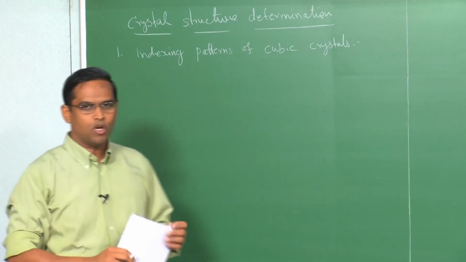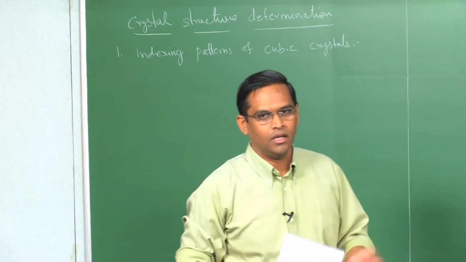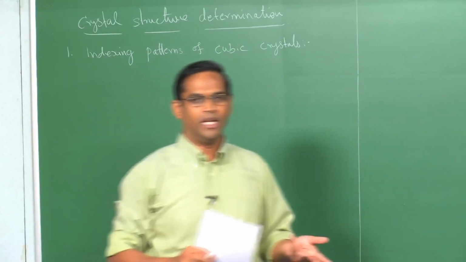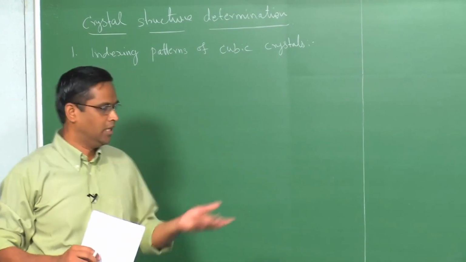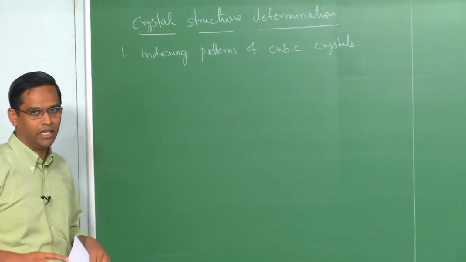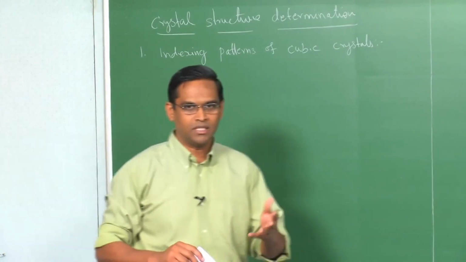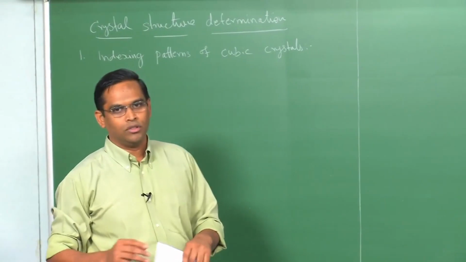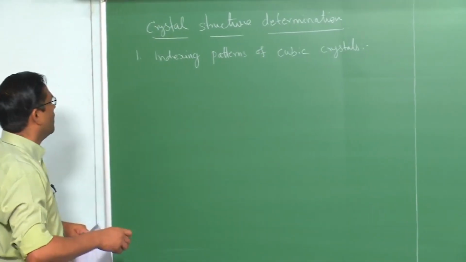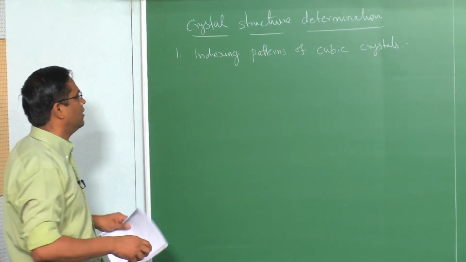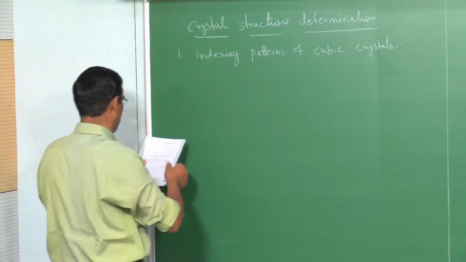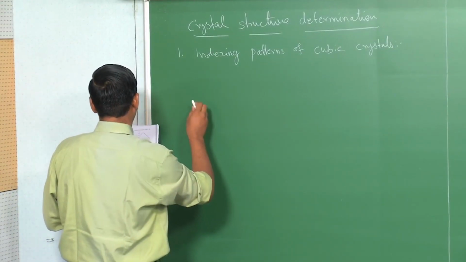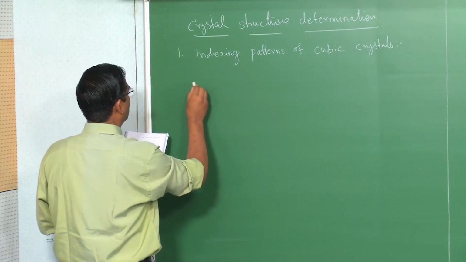So the most common method of application of this X-ray diffraction is determining the crystal structures. The simplest structure being the cubic crystal structures, which we will use for indexing them. So the first step is to find out the relation between